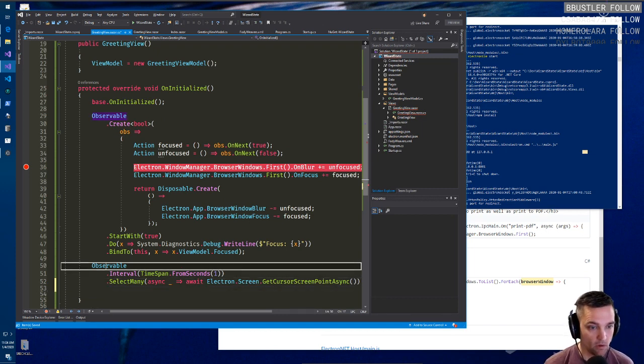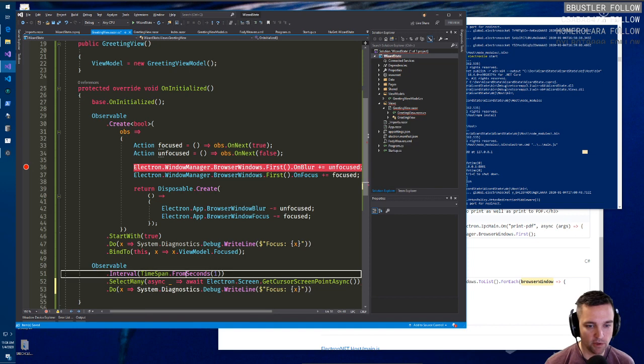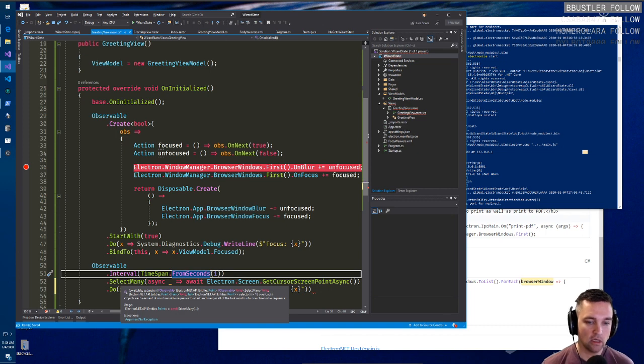You know? This is cool too, if you're not familiar with this. So select many here, you could see, is returning a task. So this is something that normally is pretty difficult to do in regular Link, where you need to select something, but the thing that you need to select has a task return type or is like an async return type. Normally it's kind of difficult to wait for that thing to complete before it returns out here, but in the ReactiveUI world, or the reactive world, I should say, it has nothing to do with ReactiveUI, just in the reactive world,